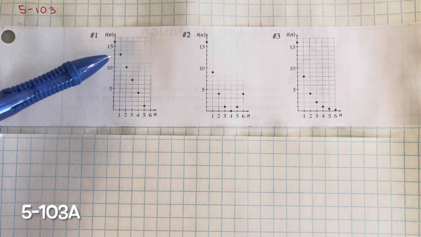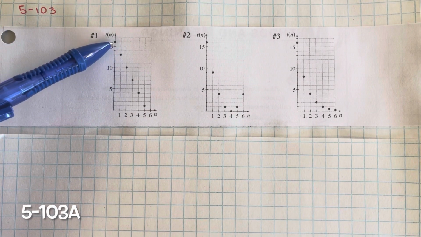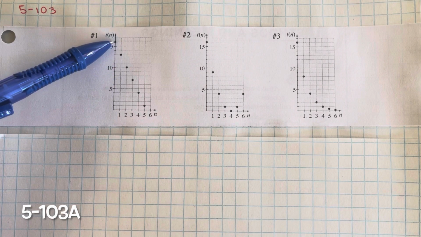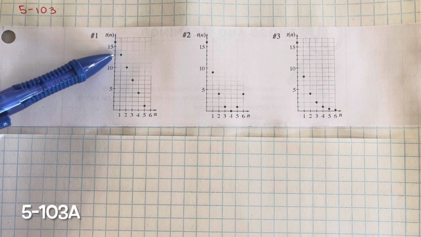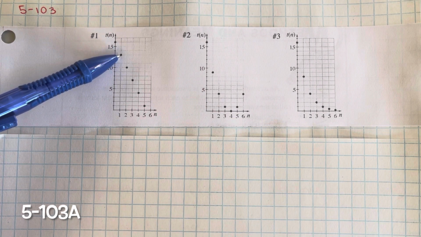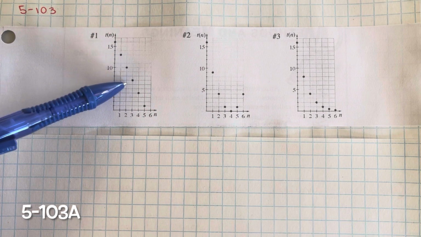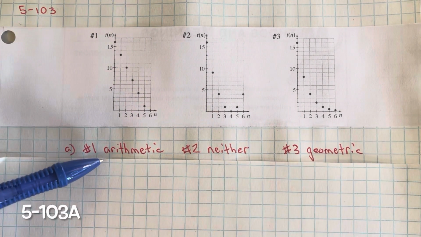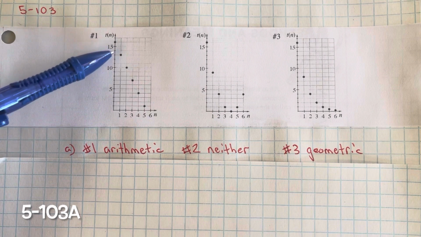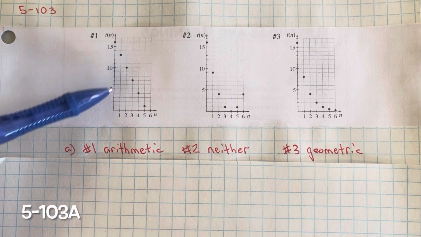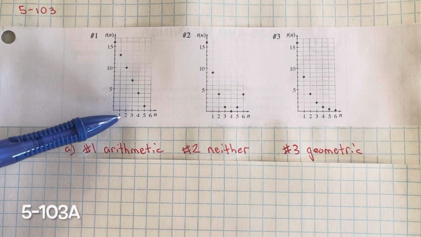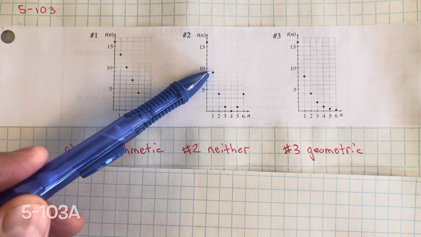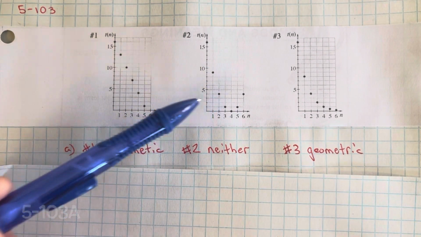For problem 5-103, you need to identify each sequence as arithmetic, geometric, or neither for each graph. So for number 1, you can see that it's decreasing at a constant rate. Here it's 1, 2, 3, decreases by -3 over 1, -3 over 1, -3 over 1. So this one is arithmetic. Arithmetic has an increase or decrease at a constant rate from one term to the next by adding or subtracting. This one is not at a constant rate, so it's neither arithmetic nor